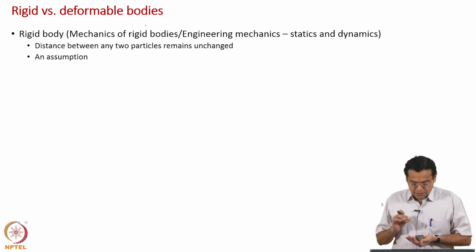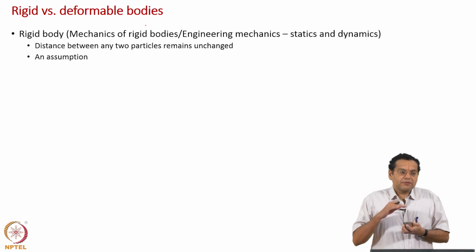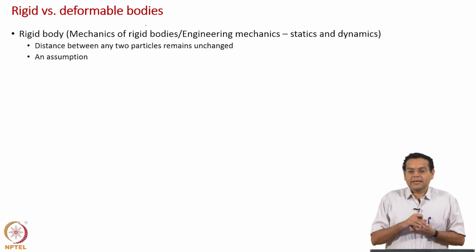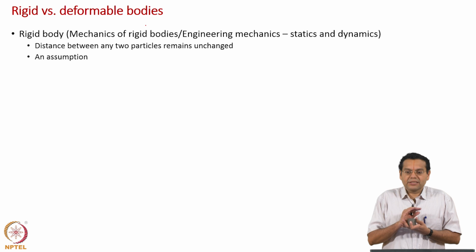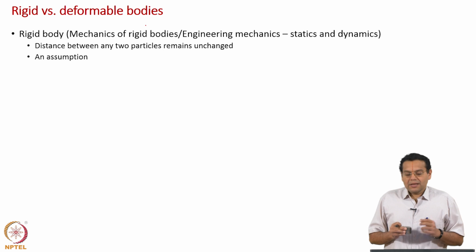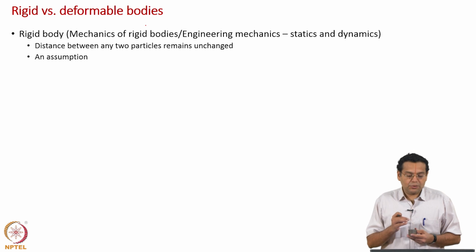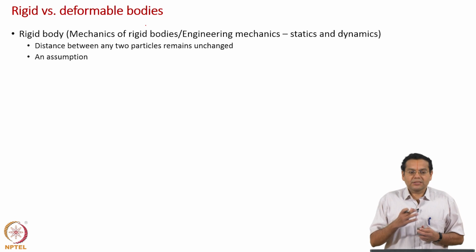What does it mean? We take an example like this, an object, and however much force you apply, of course you can divide by area and express it as normalized force, there is no change in shape, no change in volume, no change in size as well. So this is an assumption. More formally, if you mark 2 points on the object, there is no change in the distance between the 2 particles. I should emphasize that when I say particles, these are solid particles. We have come across fluid particles several times.